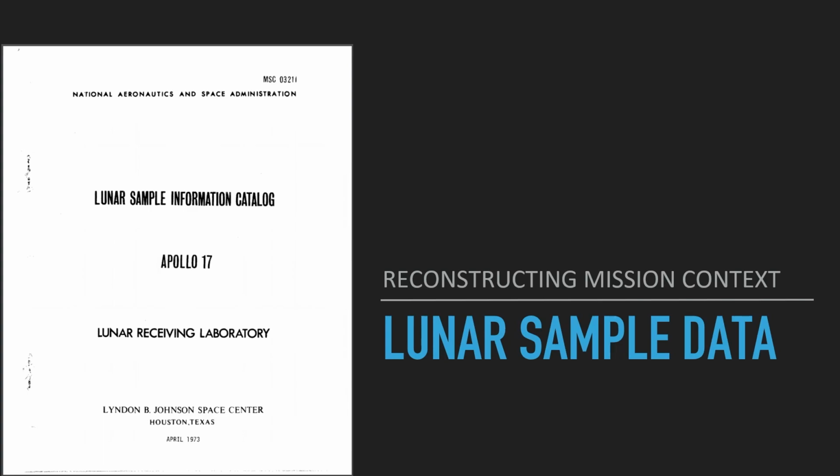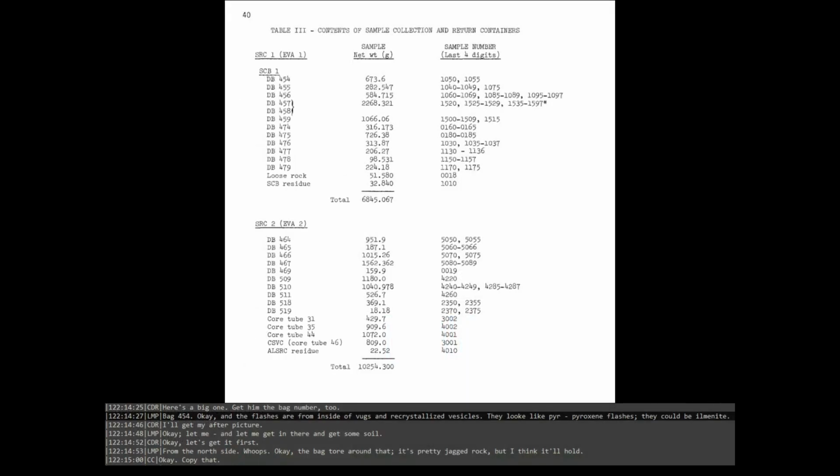So now we're getting closer to the reason I'm at Astromaterials. The Lunar Sample Information Catalog is what was created after the materials were brought back to Earth, taken into the Lunar Receiving Lab, and cataloged from the collection bags. You can see SCB, sample collection bag, in the top left. Bag number 454 contains sample numbers, listed on the right. By the way, those are all missing the leading 7, which means Apollo 17. I guess whoever made this document didn't want to have to type five-digit numbers, given the first digit was always the digit 7.